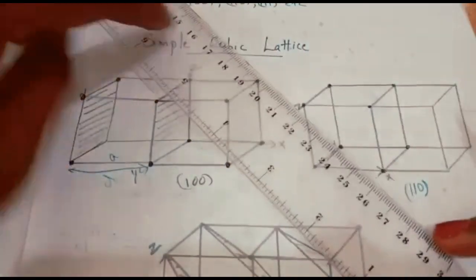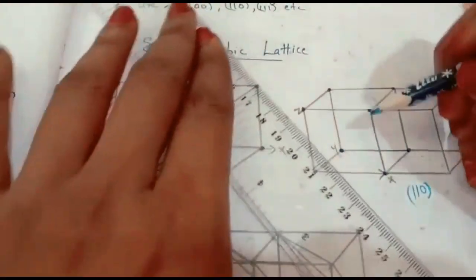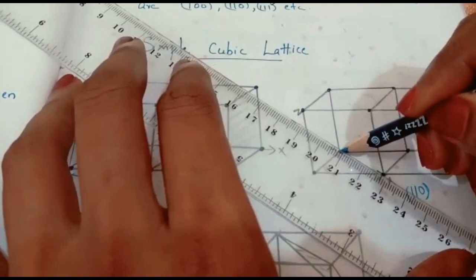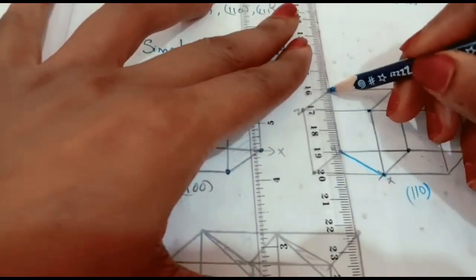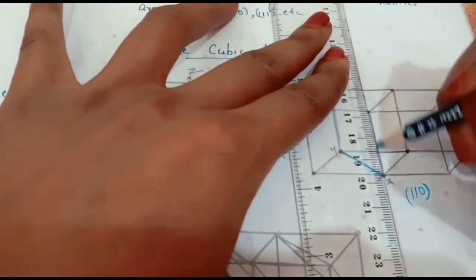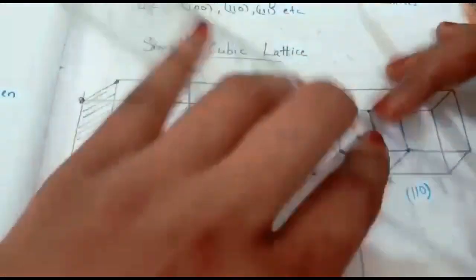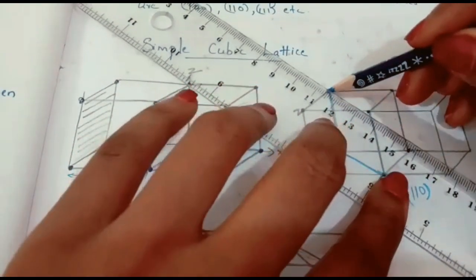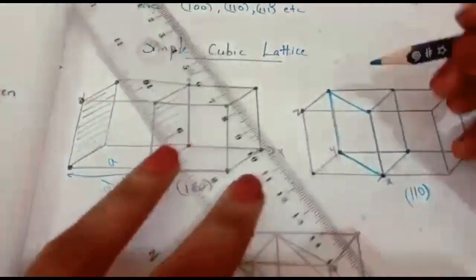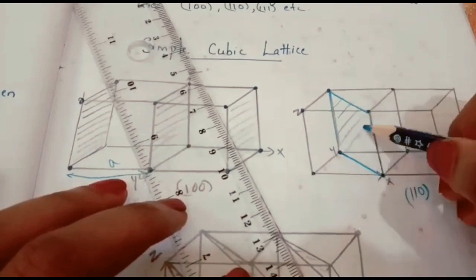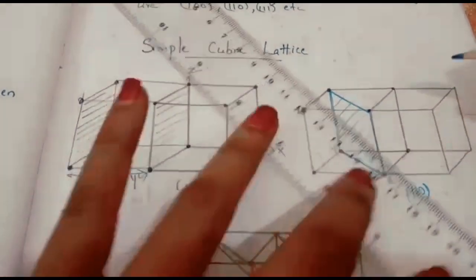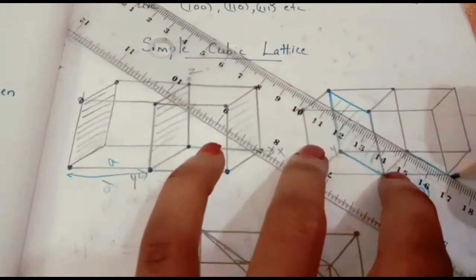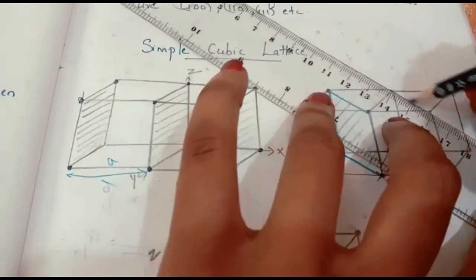Now we will draw these two lines together. How this x and y points should connect. Like this. Then this is another line. And this is a parallel line of this one. Then parallel to this we have to draw another line. Like this. So this is one plane. This is 110 plane. Then parallel to this we have to draw another plane here. So if it is like this we have to draw another plane here. Then here also another plane.